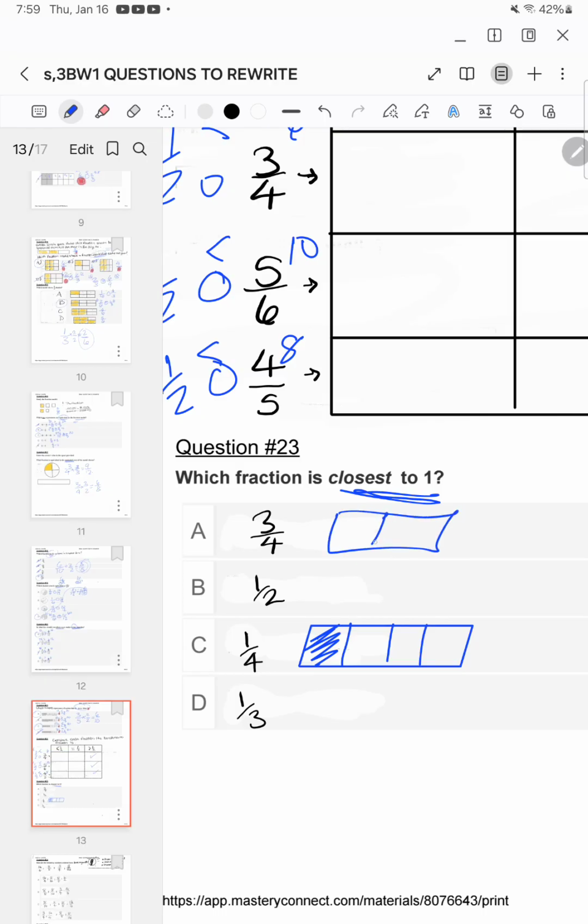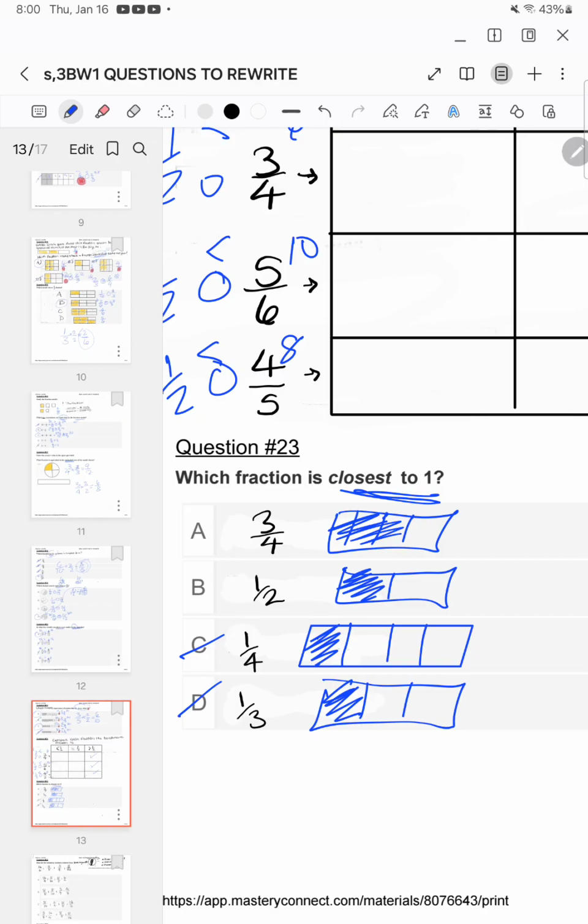If I look at 3/4, that's most of it already. If I look at 1/2, that's only half of it. And if I look at 1/3, that's only a little bit. So these are just way too small. But if you were still saying, well, I still can't compare, you could make a fraction model and see it, or you just have to compare them with each other, and the greater fraction will be the one that's closest